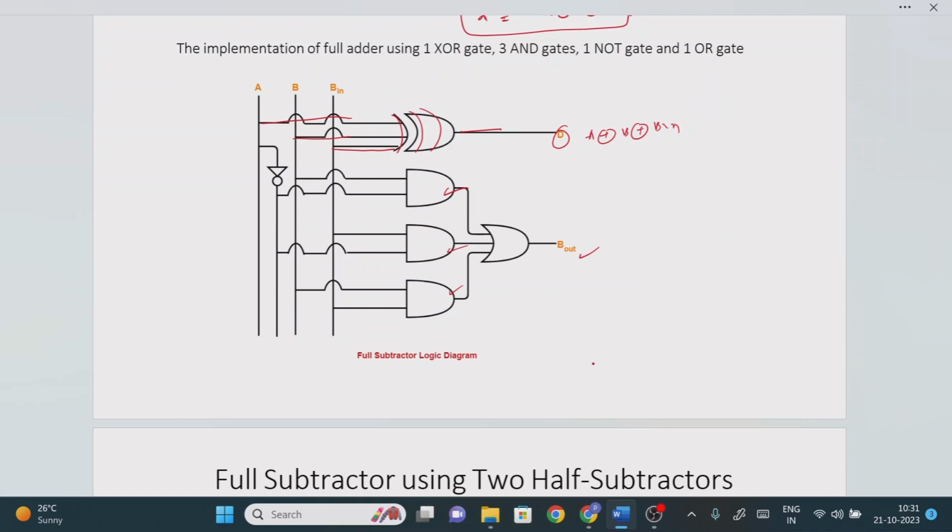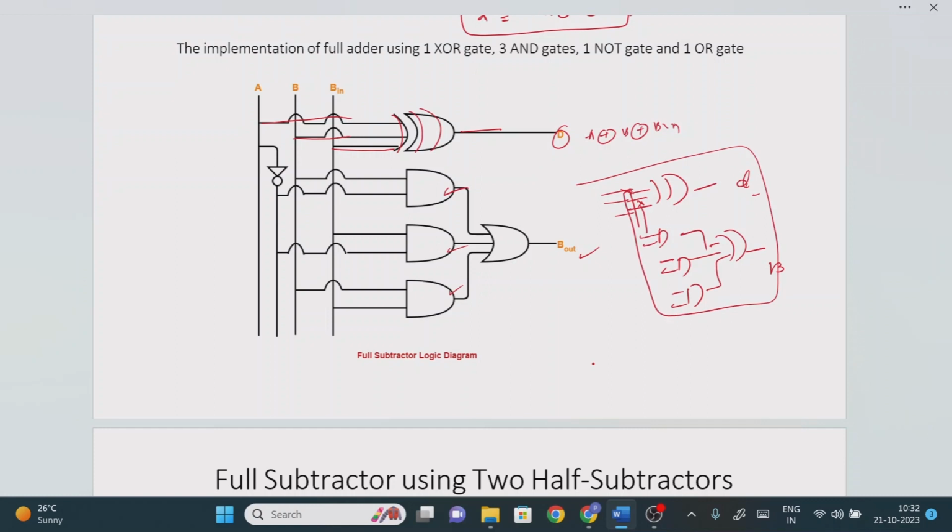This is not the only way to represent the logic circuit diagram, there are so many ways. Suppose for example A XOR of B XOR of Bin, right? Directly you can take the XOR logic gate. Then, if you have the first expression like A bar B, just like this you can write, right? So AND gate, again one more AND gate, again one more AND gate. So finally you will get the expression at the OR gate. This is for borrow, this is for difference. Something like this you can draw the logic circuit diagram, right?